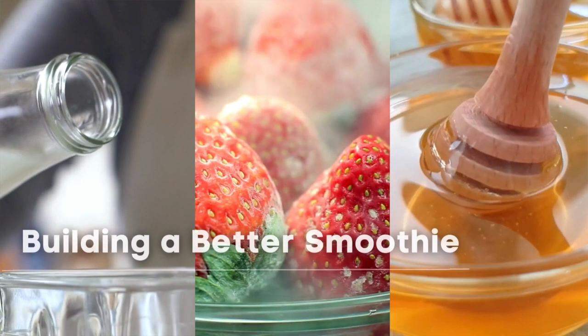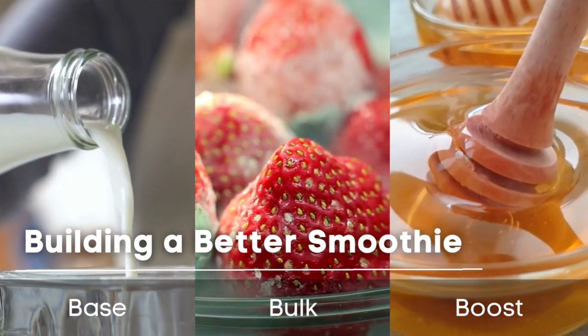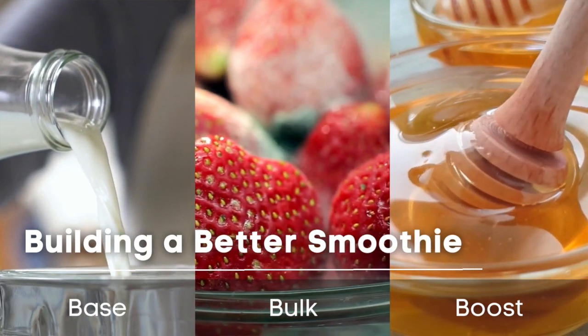So we're going to break the smoothie down into three parts and we're going to focus on the letter B. The first one's the base, the second one is the bulk, and then lastly, we're going to top it off with the boost. So first, the base, whenever you're building your smoothie in a blender, maybe it's a big